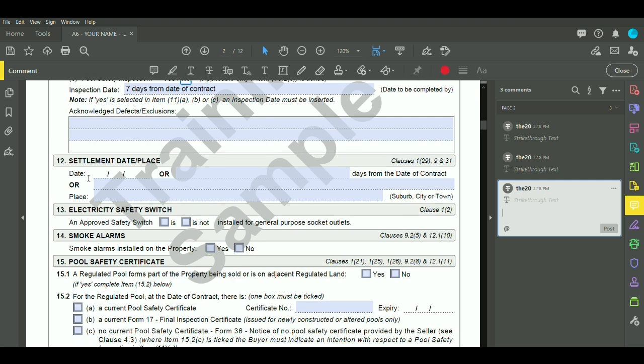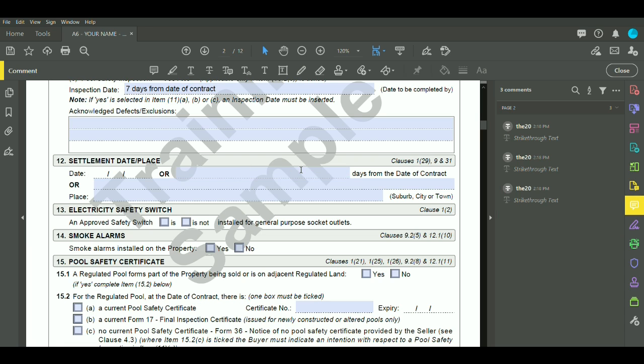Settlement date and place. You can either put a specific date in, or once again, you can write in the amount of days from the date of contract. Most commonly, 30 days is entered into this area. That is usually the minimum amount of days for settlement to occur, because there is a lot of things the solicitors have to do in that time